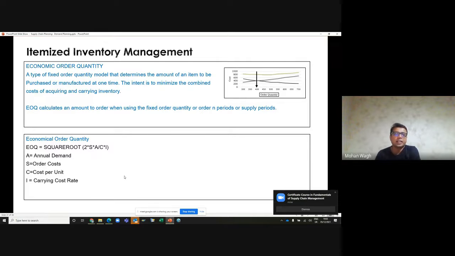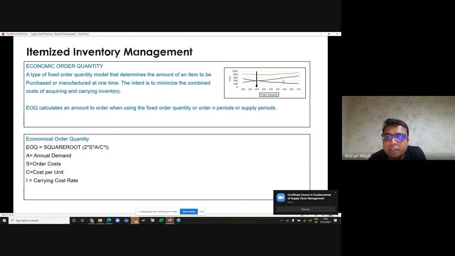And I think this is the last one on the itemized inventory management. As I mentioned earlier, economic order quantity. When we order, there are two costs: one is the ordering cost and the other is the inventory carrying cost. Economic order quantity is the concept which gives the balance between the ordering cost and the carrying cost. If you see the arrow over here, this is the point where